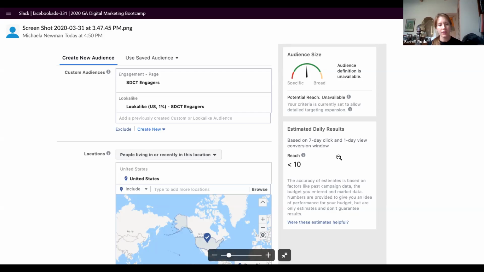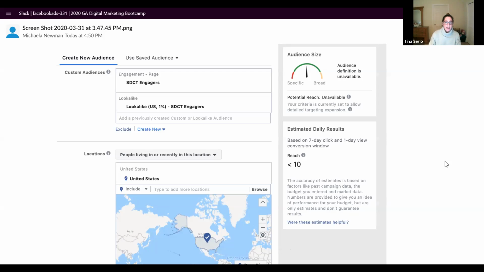Is there a best practice, like you want to be no higher than 5% or something like that? No. I've done campaigns where I run 3 different ad sets, and I have a 1%, a 5%, and a 10%, for example. It really just matters how your ad sets perform.